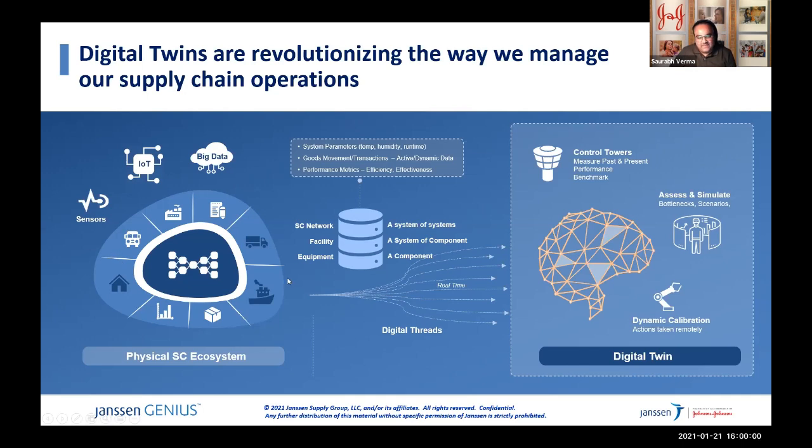So we have many physical, virtual and digital data stages in the supply chain network, where the data is generated either in a passive way or in an active way. When I say passive, think about a good moving from place A to place B. Somebody is still required to go inside the system and punch it as a GR, a goods receipt activity, which to me is a passive way of capturing the data.